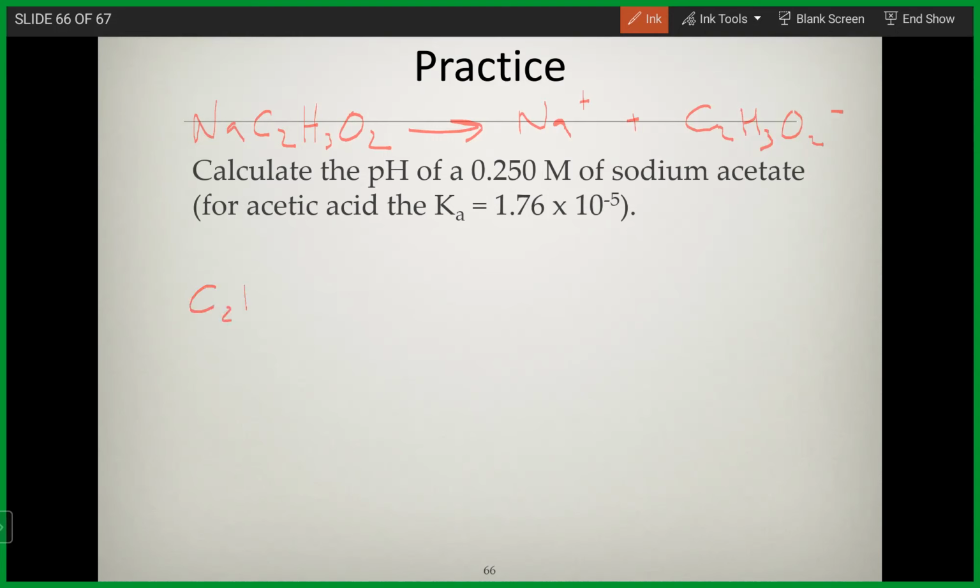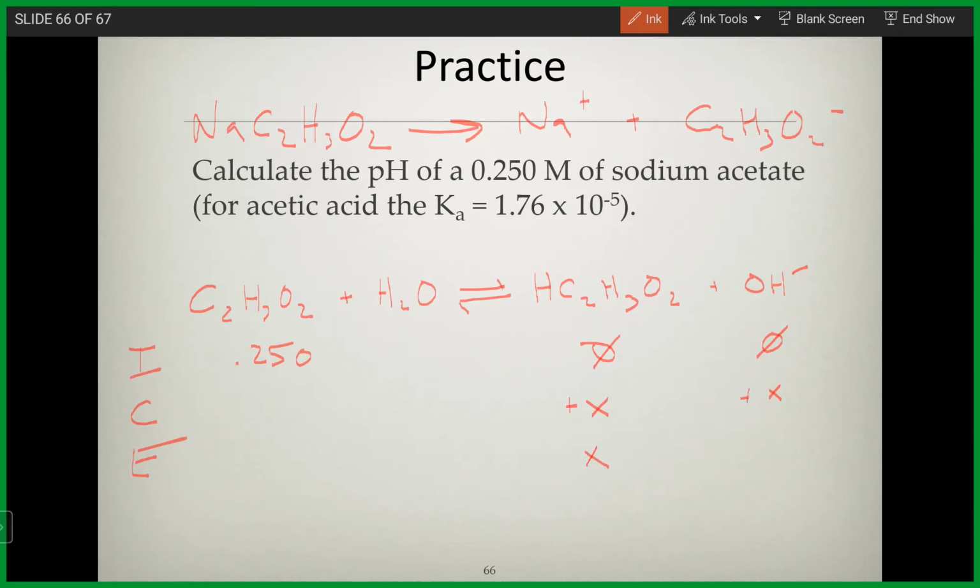So that's going to be the one we focus on. We'll have C2H3O2 minus plus water. And then it's going to form the equilibrium where it makes some of that acetic acid, which is then going to give us that hydroxide ion. And we know the initial concentration. Again, for water, we can ignore it because it's a liquid. But the other substances we'll pay attention to, plus X, minus X, 0.250